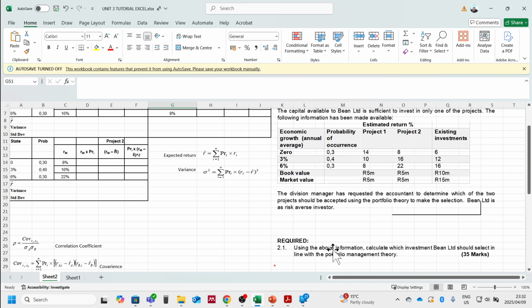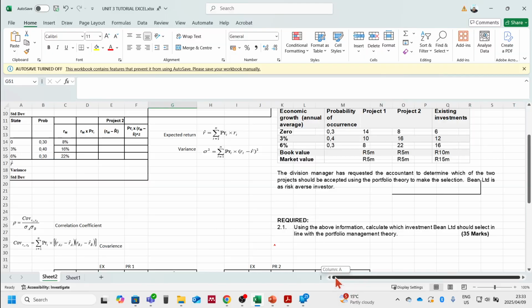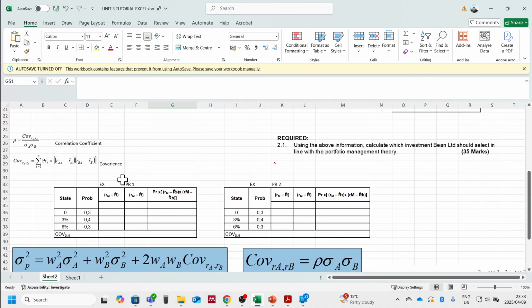So it says that using the above information, calculate which investment Bean Ltd should select in line with portfolio management theory. The portfolio management theory requires that you calculate the expected return of each and every asset individually, as well as the variance and standard deviation of each asset individually. Once you have all of this information, we can then go and calculate what we call the covariance. The covariance measures